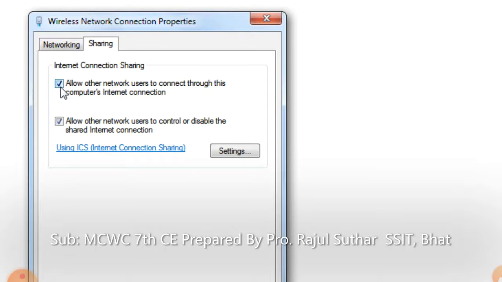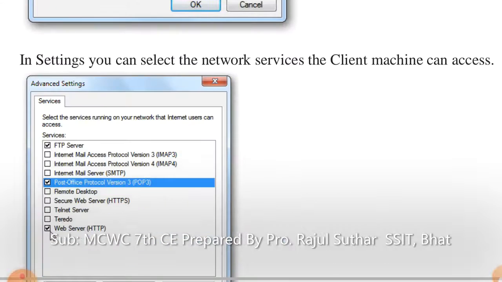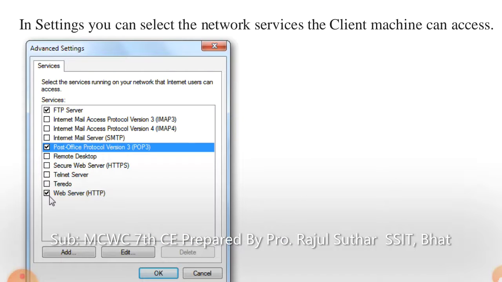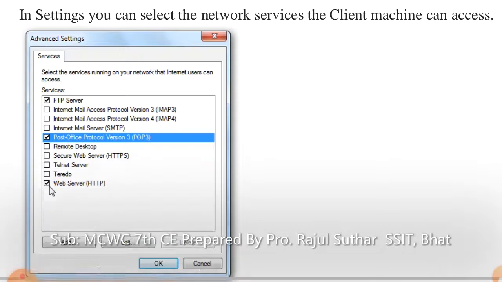The second checkbox is used to allow other network users to control or disable the shared internet connection. In the settings, you can select the network services the client machine can access. So this is the POP3 protocol, which is nothing but the Post Office Protocol version 3.